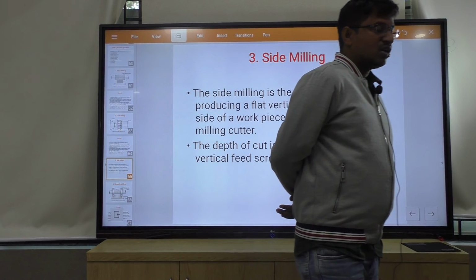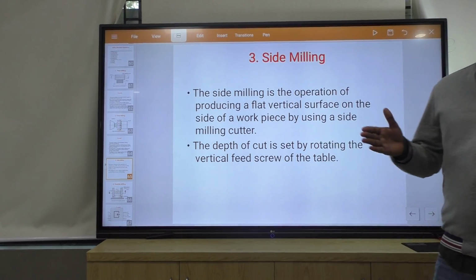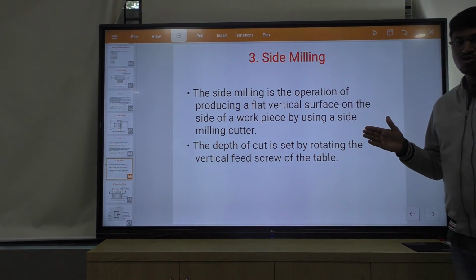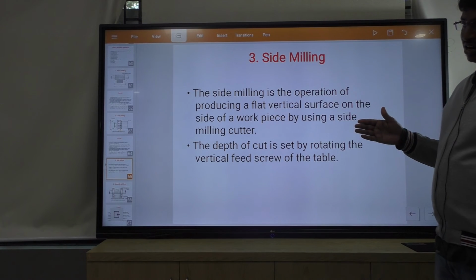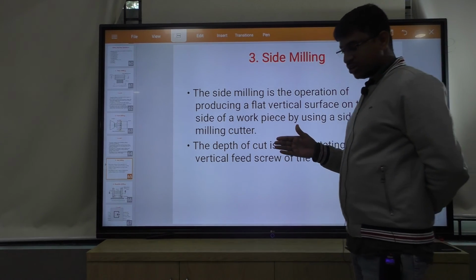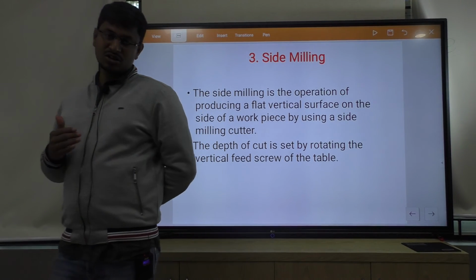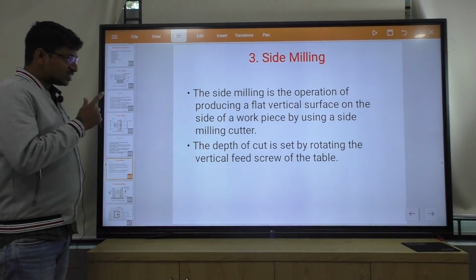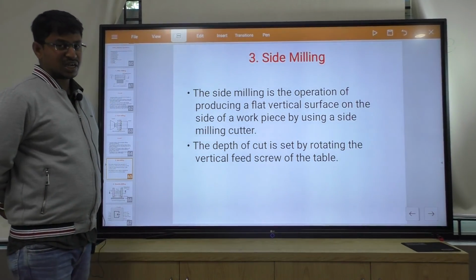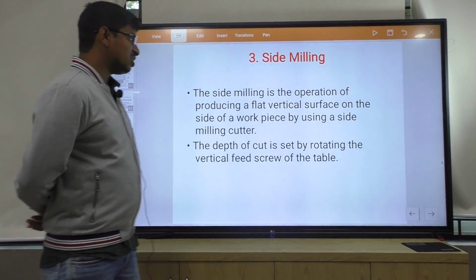Side milling means producing a vertical flat surface on the workpiece. If we produce vertical surfaces on the sides of a workpiece by using a side milling cutter, this is called side milling. By using a side milling cutter means